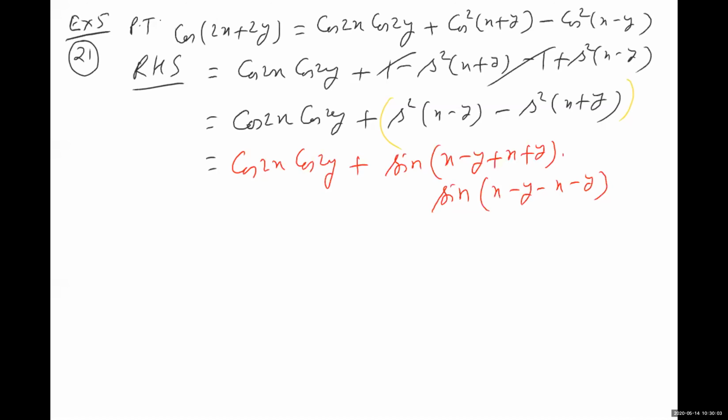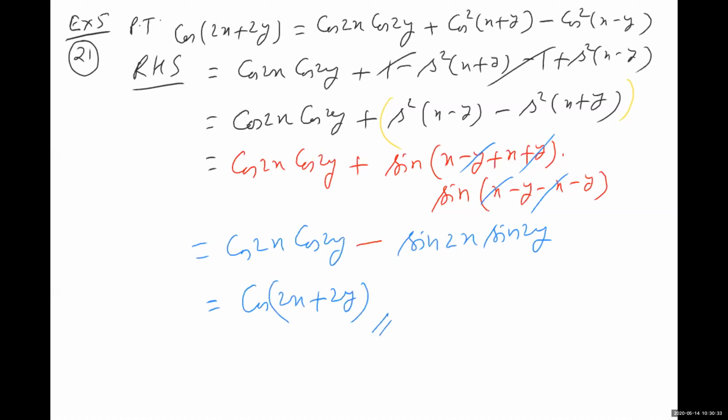So this will be equal to cos 2x cos 2y plus, y will cancel, sin 2x, this is a minus, sin 2y, x will cancel. So this minus sign I will take here and remove this plus sign. This will be minus here into sin 2y. And you can see this is cos a cos b minus sin a sin b is equal to cos of a plus b. So cos of 2x plus 2y. That is the answer of this. Question 21.